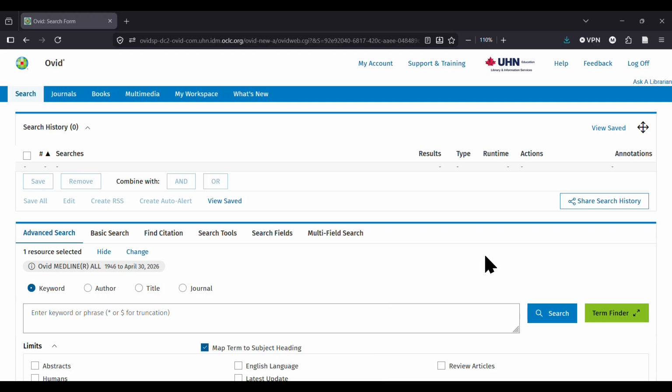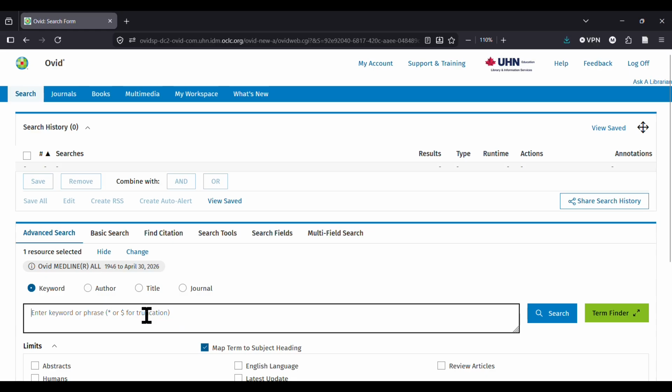First, we make sure that the Map Term to Subject Heading box below the search bar is checked off. Then we type in the term that we want to find a subject heading for. From our example, we're going to look for a subject heading for prostate cancer, then hit search on the right-hand